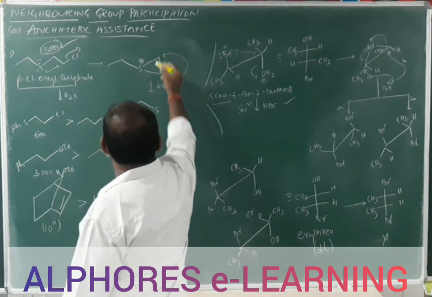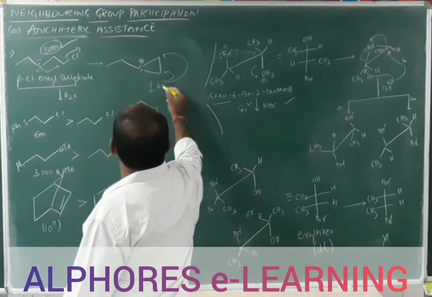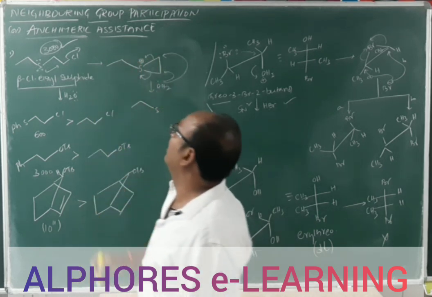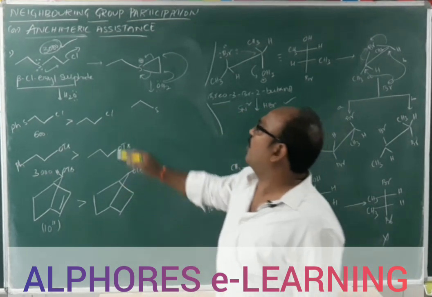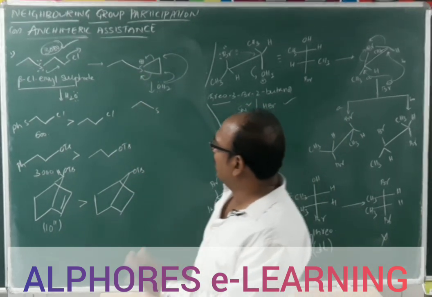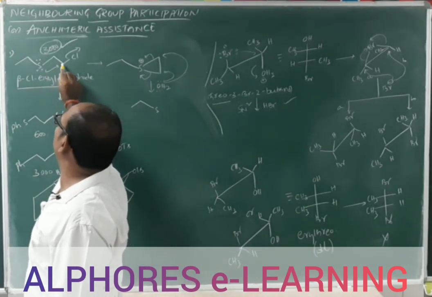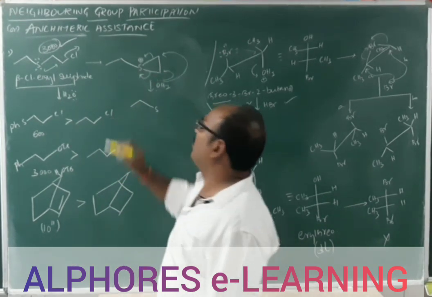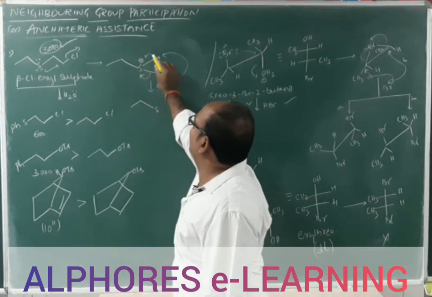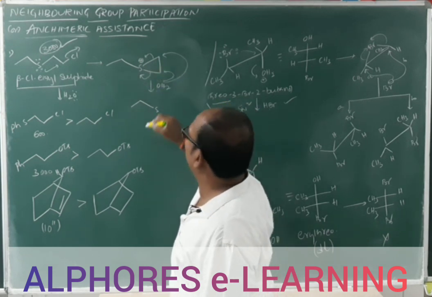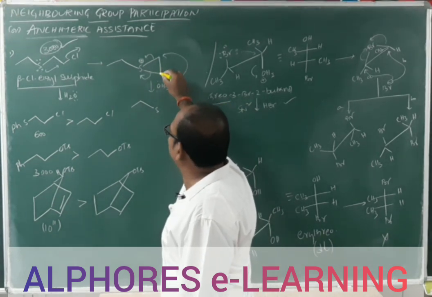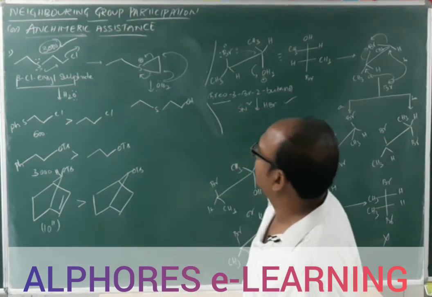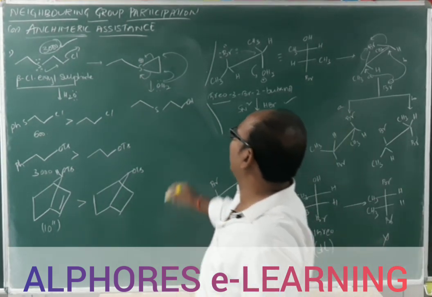If it attacks this one, CH2CH2OH, this bond is going to break, either this bond or this bond. One of the sigma bond electrons is shifted towards the positively charged sulfur. I am repeating once again. First sulfur donates its lone pair of electrons. Cl comes out as Cl minus. The resultant sulfur acquires a positive charge, and now this sulfur forms a 3-membered ring. The water molecule, the nucleophile, now attacks either of these two carbon atoms. Whichever carbon atom, you get the same product, beta hydroxyethyl sulfide.